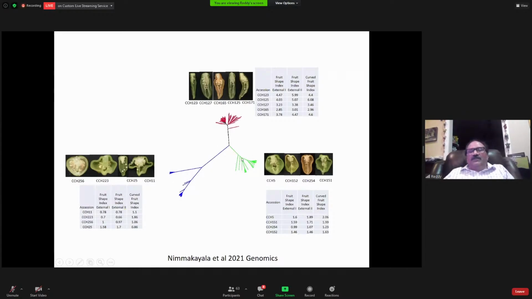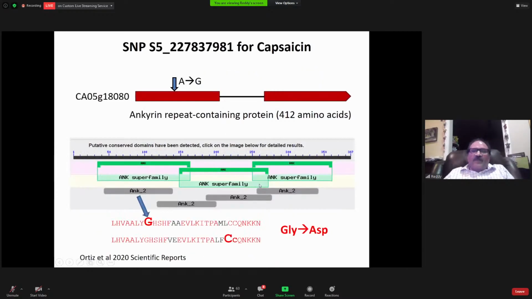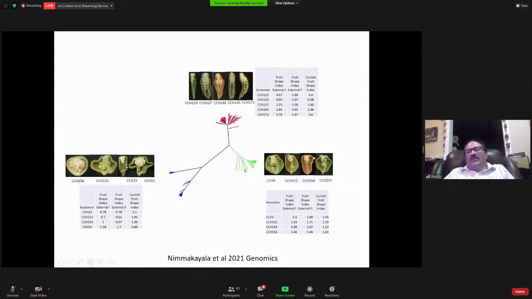And then here is another clade from which the habaneros and Bhut Jalakias evolved. Scotch bonnet also is another pepper. Caribbean scorpion is another pepper. So you can see very highly pungent peppers to very mild peppers within this group. So that paper is just published in Genomics. We identified genes for this fruit variation, and we validated using the Arabidopsis. So the details can be read in the Genomics.